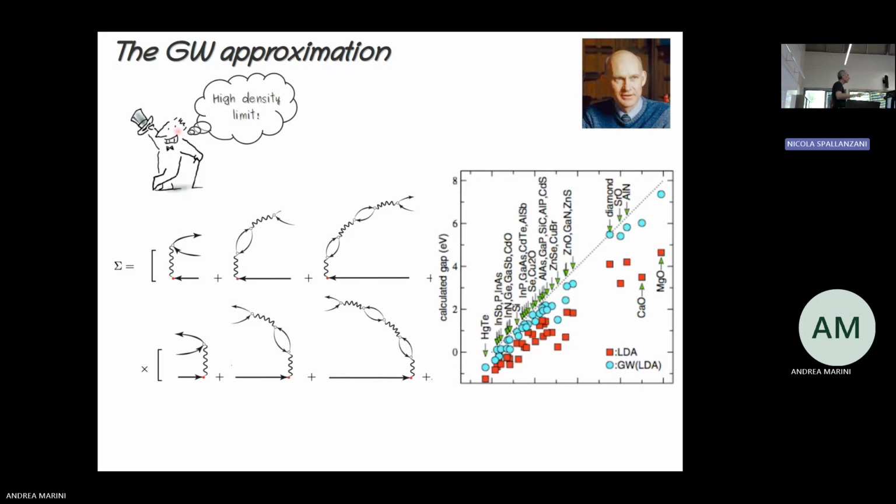And the GW approximation indeed corrects the gap of LDA, except in some cases, you see MgO or CrO, so there are systems where it doesn't produce the right physics, because again, the physics of GW is the assumption of high density. What does it mean? Imagine that in this room we have 50% more people. Or when you go to a concert, right? You are in the